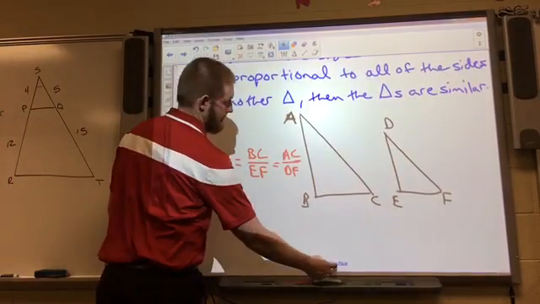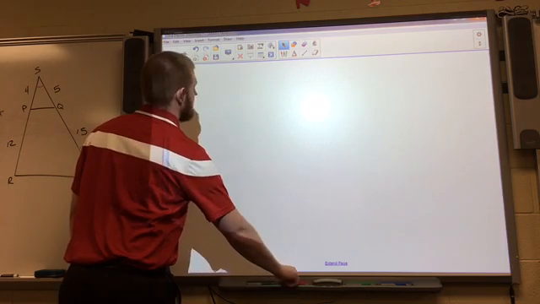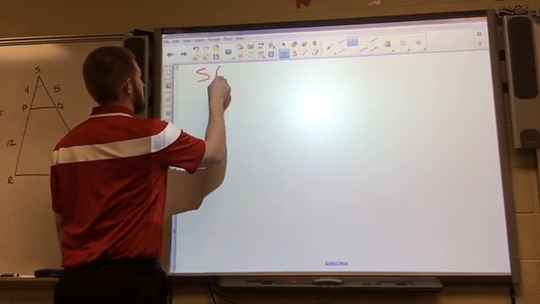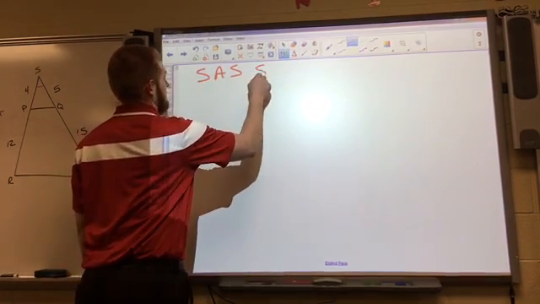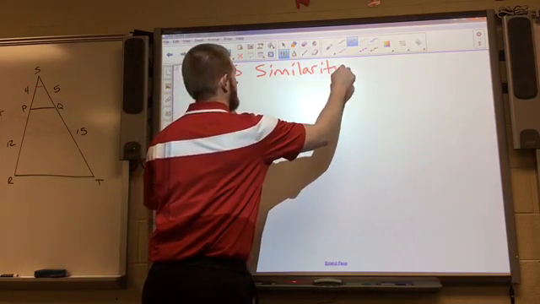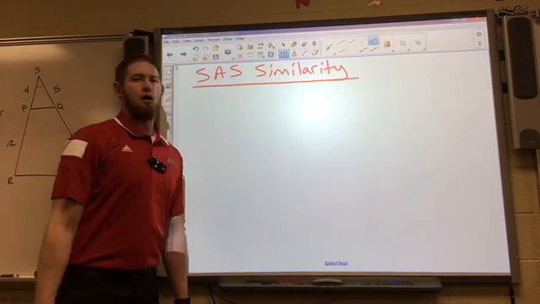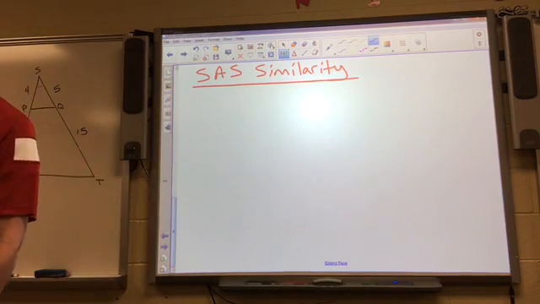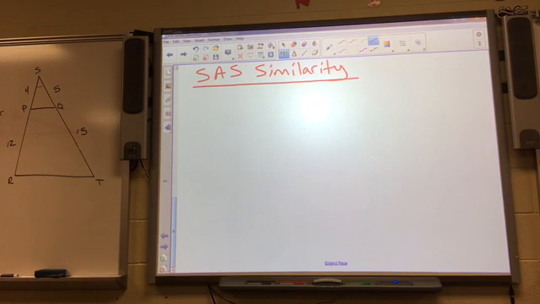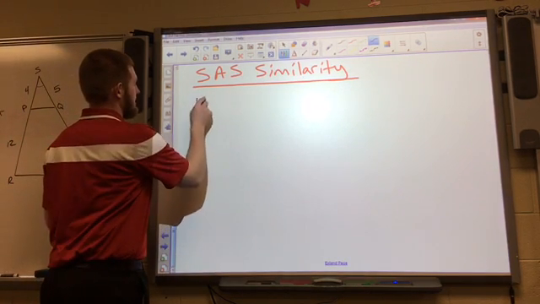The next one we have is side angle side similarity. Again, very close to our side angle side congruence, but it is a little bit different. I don't like how the book words this, so I'm going to change it up a little bit. I'm just going to write it in basically a different order. Okay, but it says that if